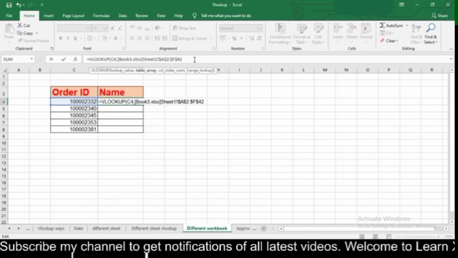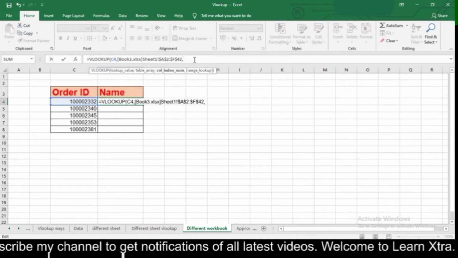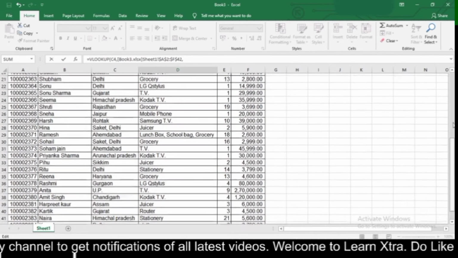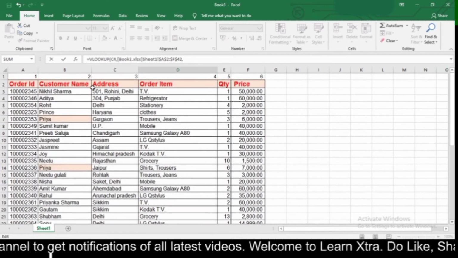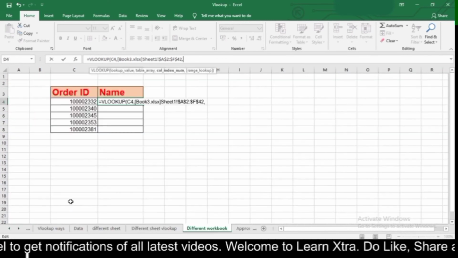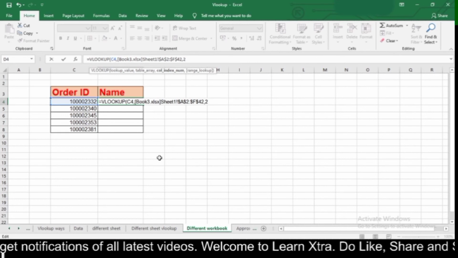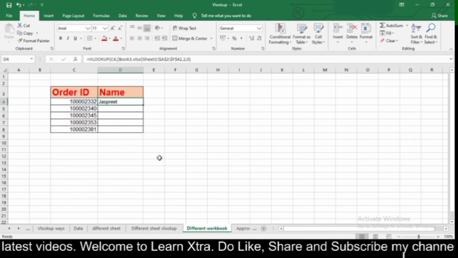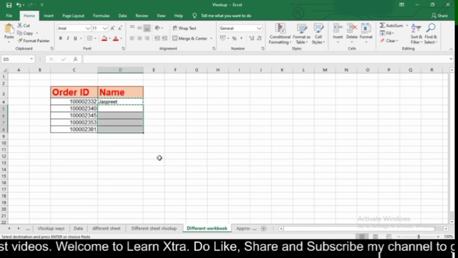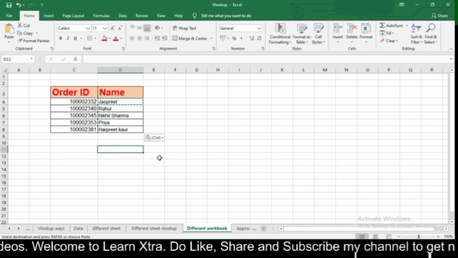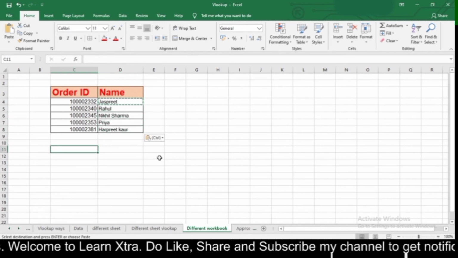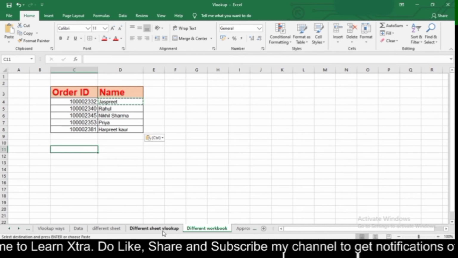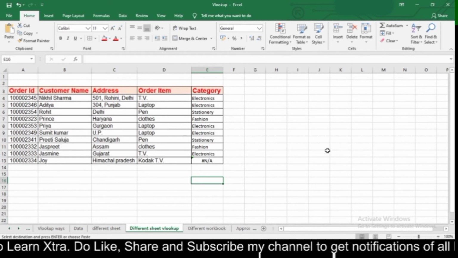Then comma. I want to find out their names. So my name is in column number 2. That is this column. 2, then comma, then 0 for exact match and then press enter. Copy and paste the formula in all the cells to get your answers. So this is how we can do VLOOKUP from a different workbook, and here we have used VLOOKUP from a different sheet.